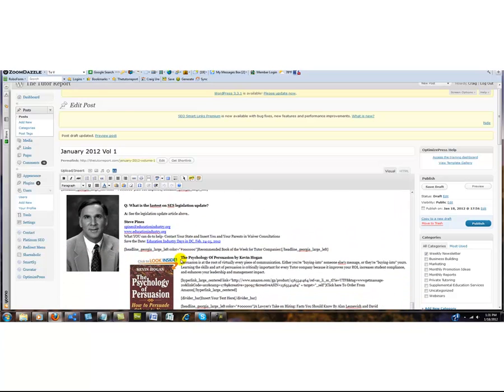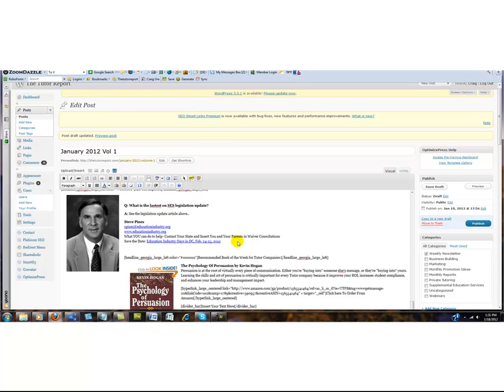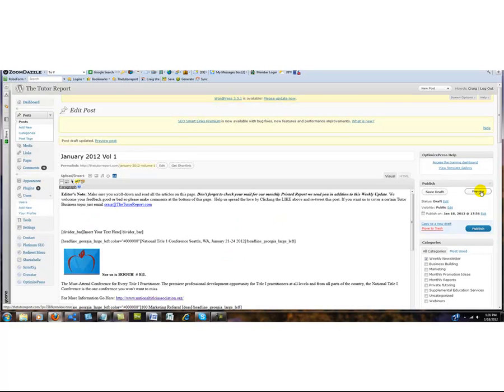So between here and here, we lost the bar, which you can see. This is the next recommended book for tutor companies, but we lost the bar. I don't know whether I deleted it, but I'm going to just drop down the space, paste in that bar, and now if we save draft again, this is what takes the time, but it makes it look the way it should. If we go back to preview,